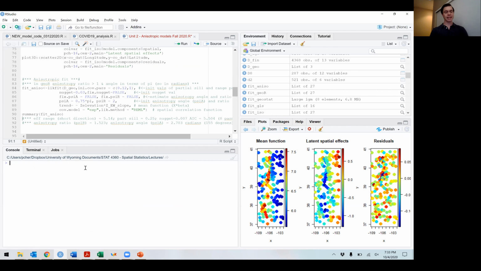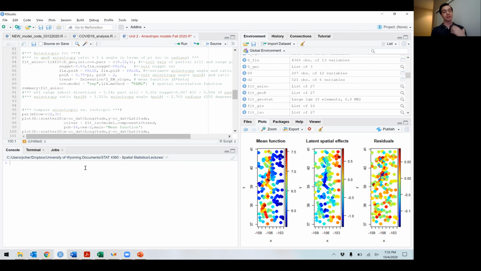Okay, interesting. AIC is telling us that the models are very, very similar. The anisotropic model is a little bit better. The BIC is telling us the isotropic model is better. And our lambda estimate, we know that's the one that matters. We know that the closer lambda gets to 1, the less the angle matters. We know that lambda is 1.5, which we can see does not correspond to all that deformed